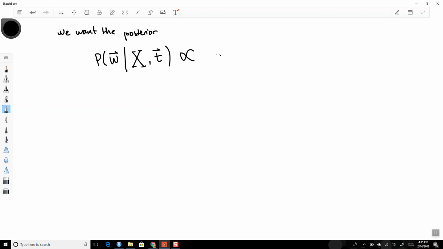And this will be proportional to basically the likelihood times the prior. So the likelihood is the probability of T given X and W, multiplied by the prior on W. Okay. There's actually another thing that comes in here. All right. So this likelihood, so again,